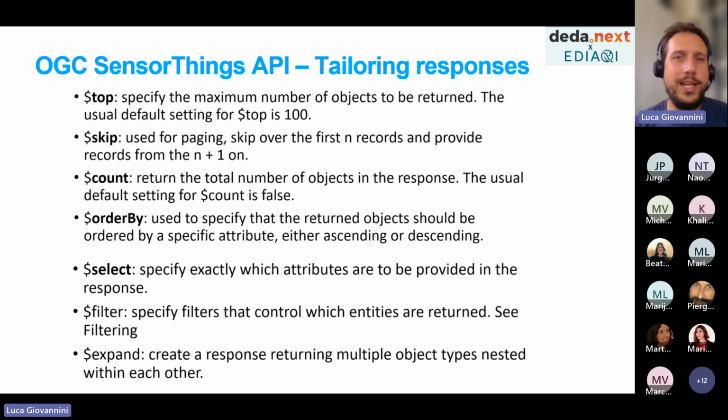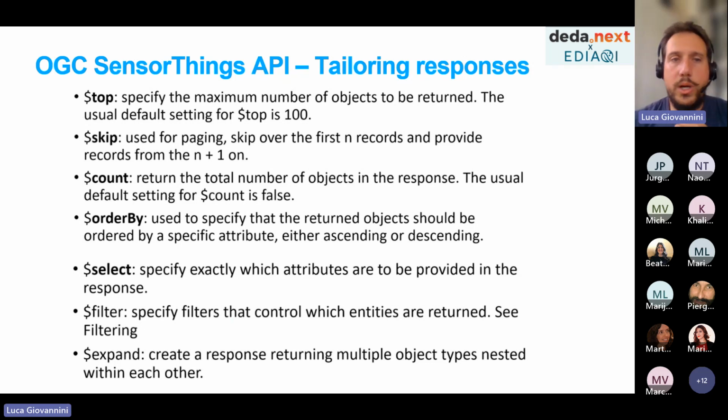So that second part has an implementation in the form of an API, an interface for machines. And of course, the standard also describes the syntax of this API, so how you have to communicate with the API in order to get access to the information you want or to insert new information. The standard builds on top of the OData standard, so it uses a syntax and a set of commands that derives from that.